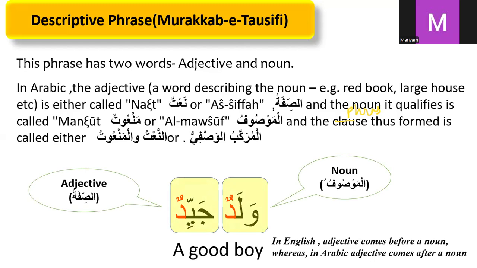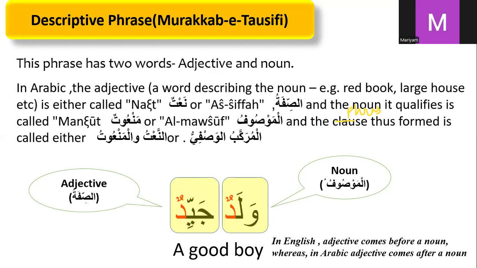So now here I need to ask you about the structure. What's the difference you can observe? Waladun, jaggidun. When you observe waladun and jaggidun, in English the adjective comes before a noun, like tall man, new house. Am I right? Big book. So I'm taking the first one adjective and the second one noun, whereas in Arabic the first word is always a noun and the second one is an adjective.